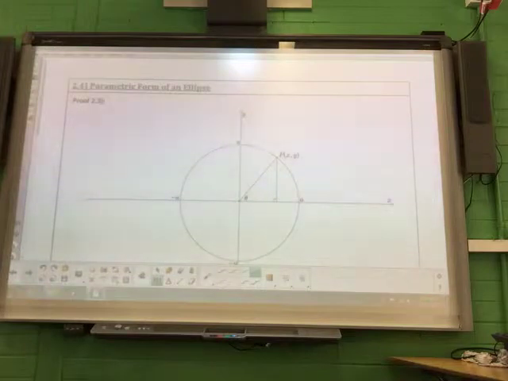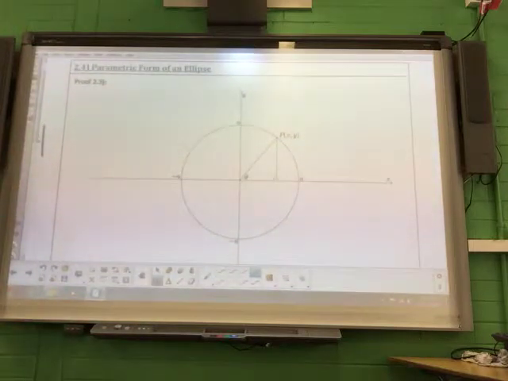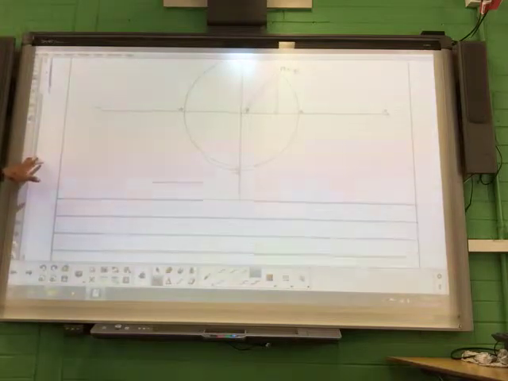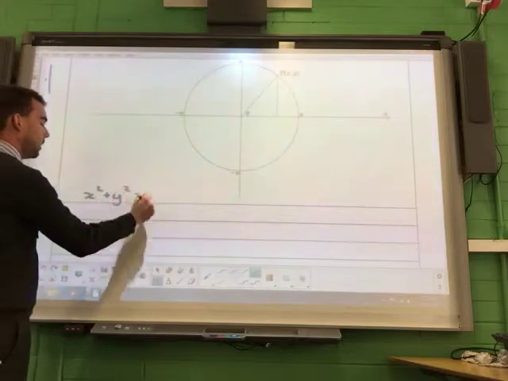Right, so we're going to move on and have a look at parametrics. We're going to look at the parametric forms of both the ellipse and the hyperbola today. First we're going to consider the circle of radius A. We know the equation of that circle, x squared plus y squared is equal to